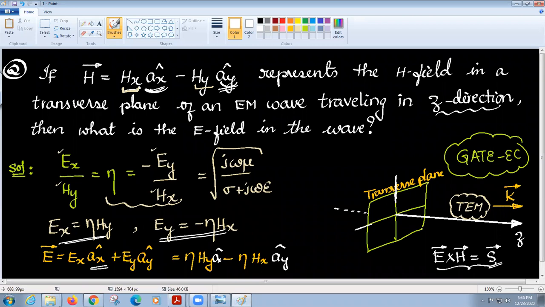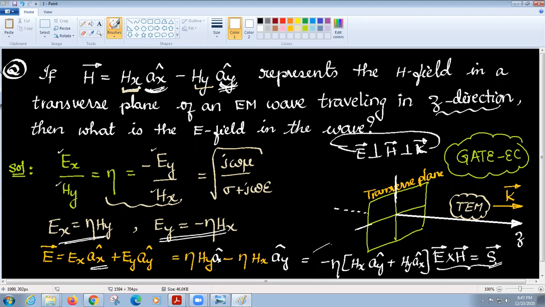Ax is given to you, so Ay is given to you like this here. So my Hy I can write as plus Hy negative Ay roof, and if you solve it, if you put that in, you get minus eta Hx Ay roof plus eta Hy Ax roof. You know very well, E must be perpendicular to H, and this is of course perpendicular to K. So you just follow the right hand rule, E, H, K, solve for it, of course you'll get this. Already we have done a problem based on this, so just compare it and you must get the answer. So there is no big deal in that. Okay,